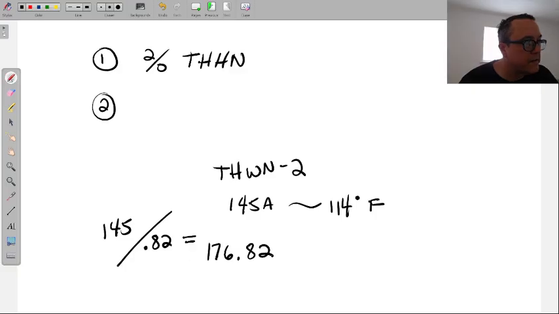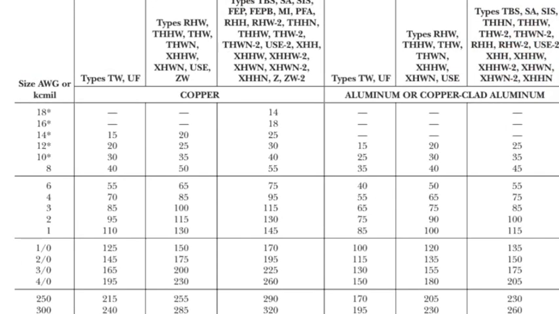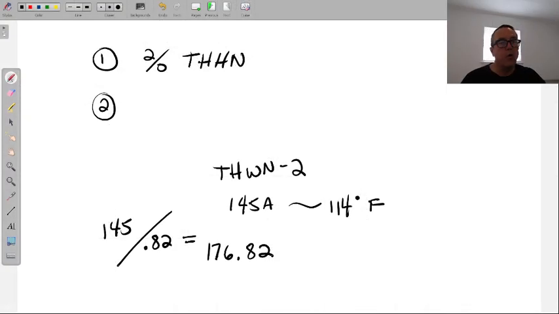I have to cover 176.82 amps. The 170 now is too small, but the 195 is perfect, the 2/0. So there is the divide approach or the multiply through the wires that you are selecting approach. Both get you to that point. The reason why a lot of teachers like to teach the multiplication one is because you're already multiplying when you do the adjusted ampacity of the wires, which we'll look at a question like that. So multiplying is sometimes the preferred method, but I like the divide method, even though it's one that you have to remember to do.